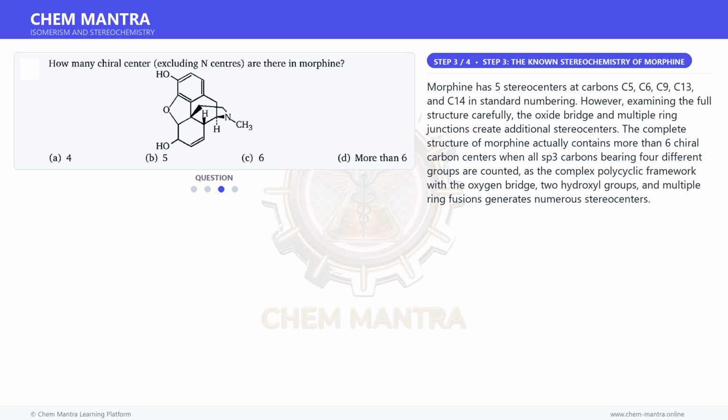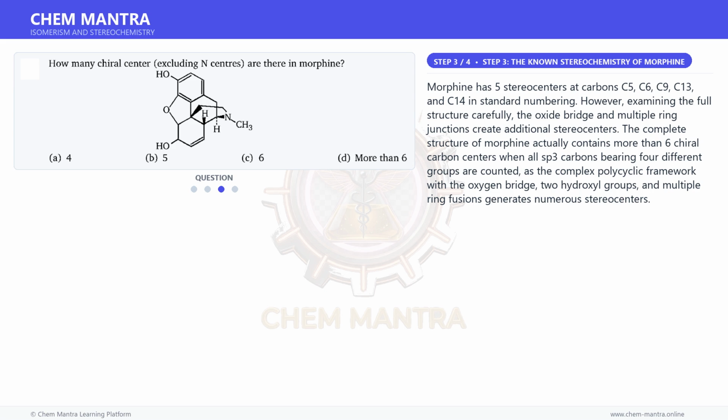Morphine has 5 stereocenters at carbons C5, C6, C9, C13 and C14 in standard numbering. However, examining the full structure carefully, the oxide bridge and multiple ring junctions create additional stereocenters. The complete structure of morphine actually contains more than 6 chiral carbon centers when all sp3 carbons bearing 4 different groups are counted, as the complex polycyclic framework with the oxygen bridge, 2 hydroxyl groups, and multiple ring fusions generates